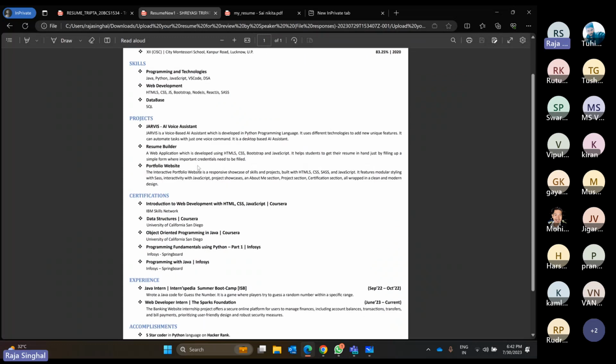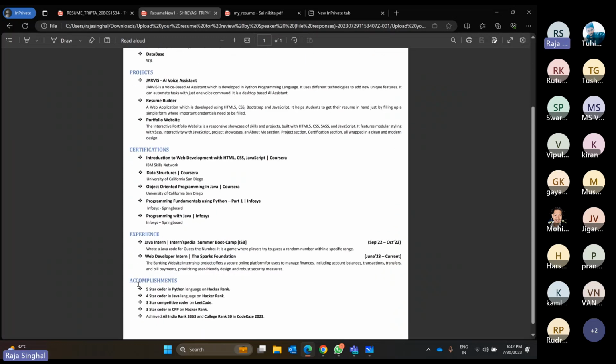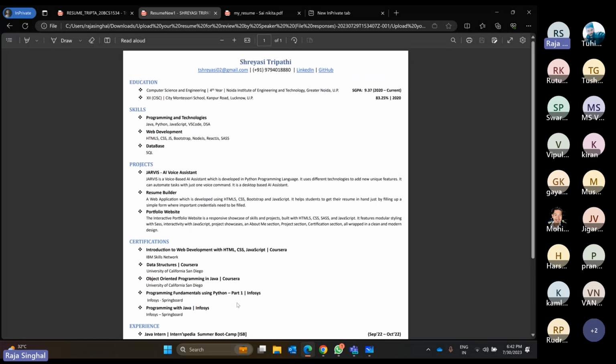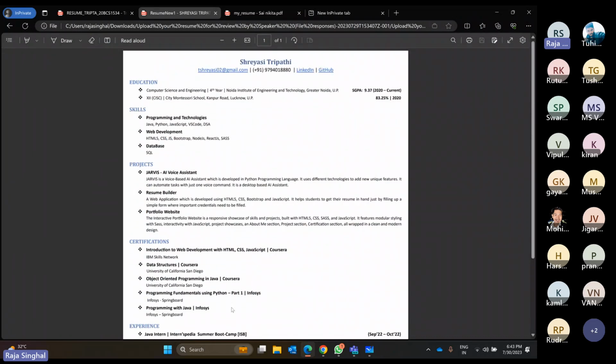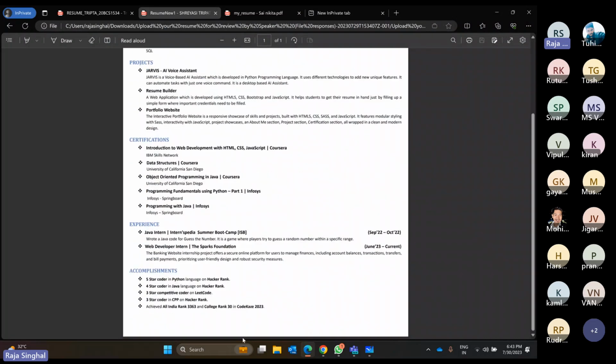And after the projects, you can show your achievements or accomplishments. And again, I think you mentioned a lot, like you did CP and other things, but you didn't mention the links of your profile. So if you are mentioning you are 4, 5 star on some platform, try to add the link of your profile.